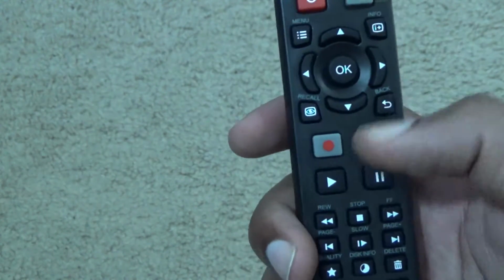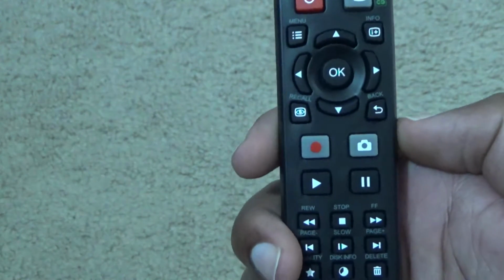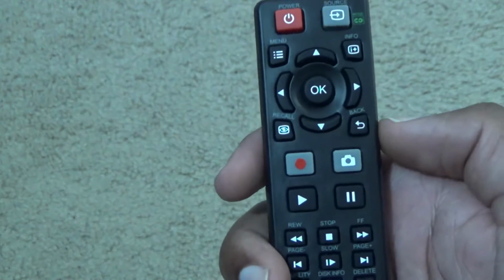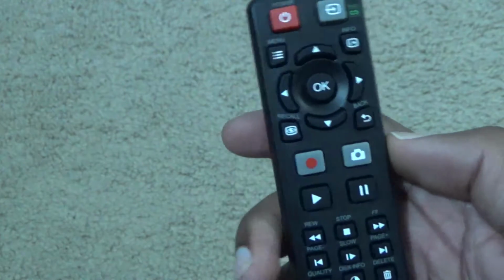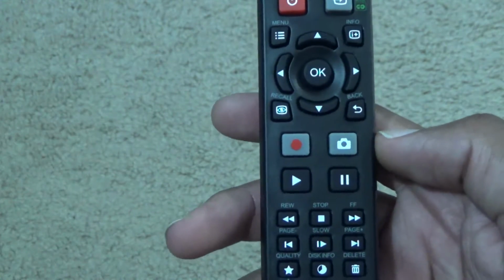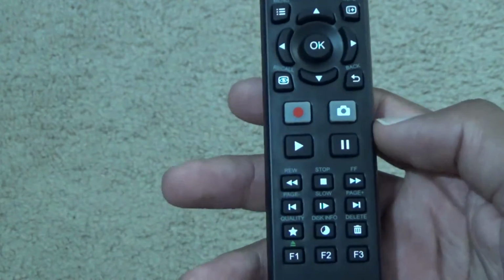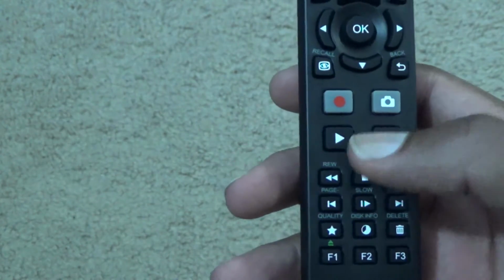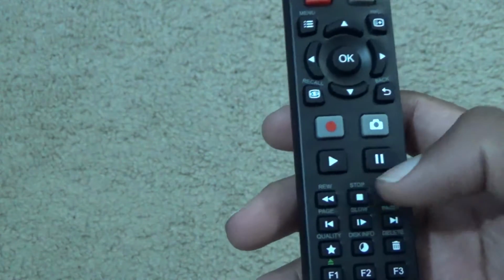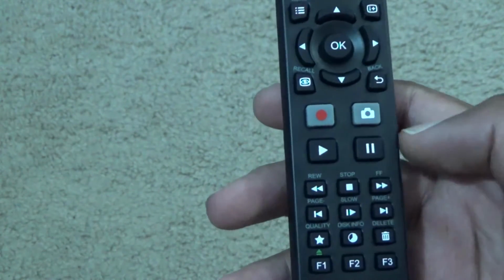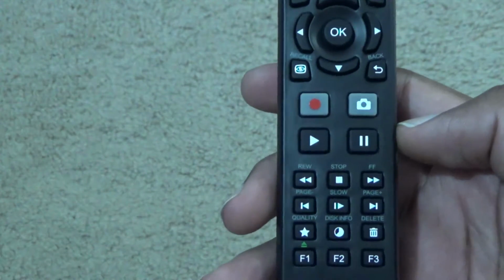The recall button grabs the last recorded video and plays it on the screen. The back button simply takes you to the previous screen. The recording button starts recording video footage, while the snapshot button instantly takes a snapshot of the footage on screen. Note that Snapshot is not available in real-time mode. Your typical play, pause, rewind, stop, fast forward, and slow buttons play, pause, stop, rewind, fast forward, and slow down